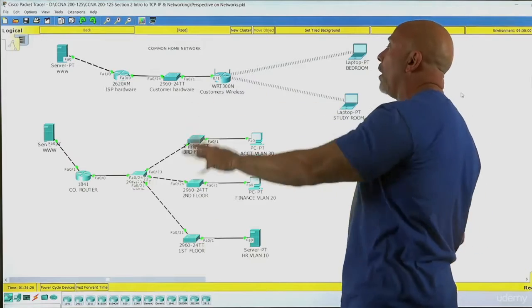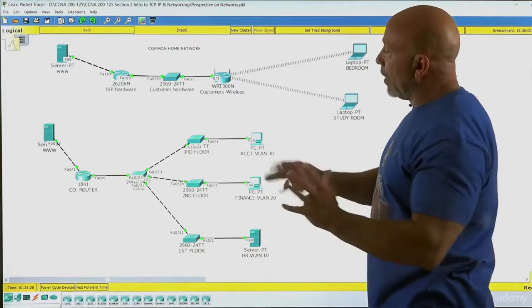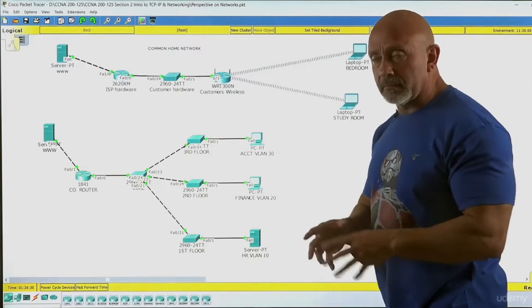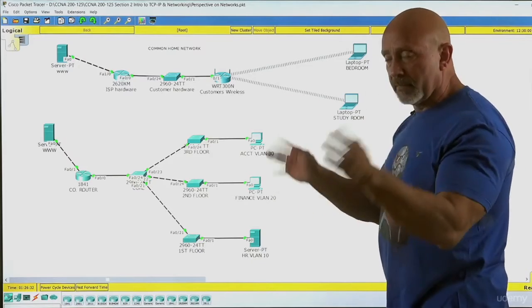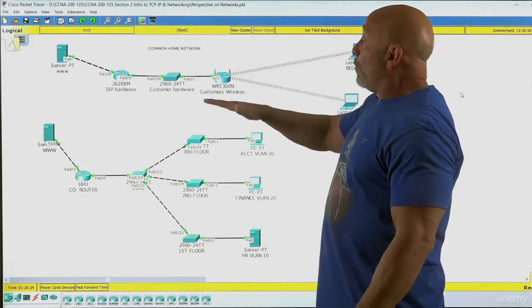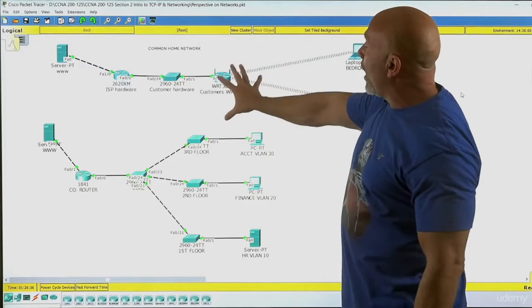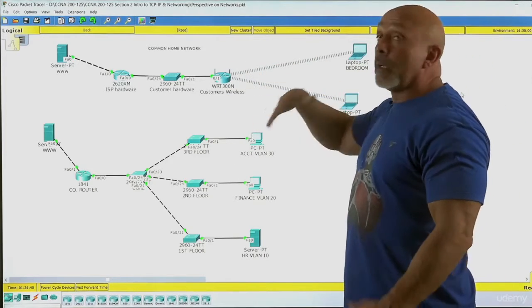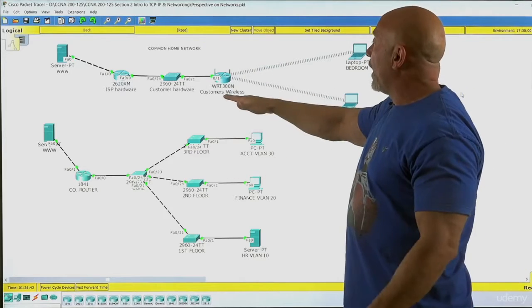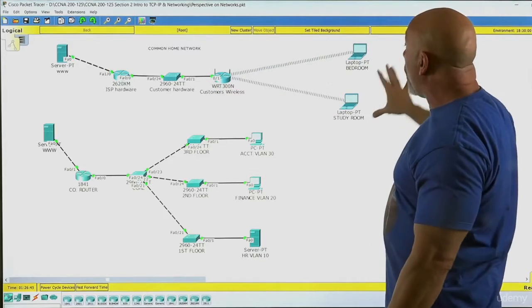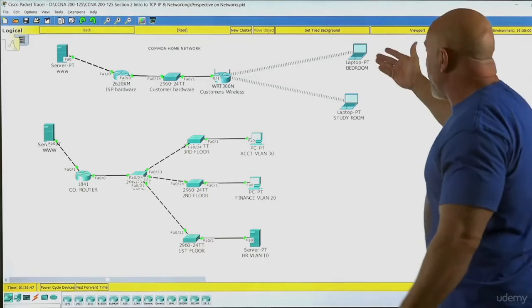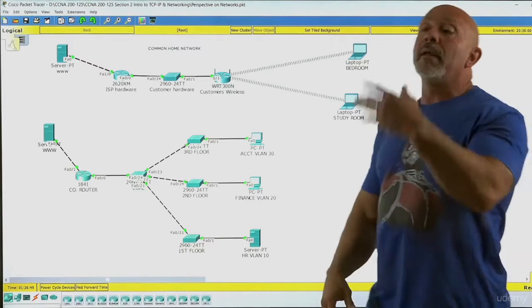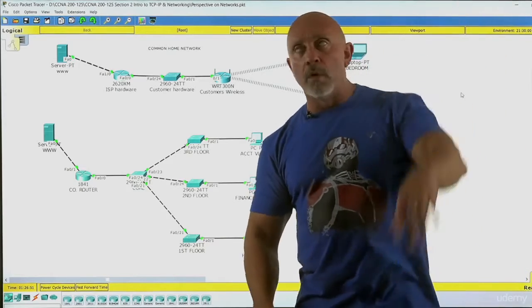Here you will see a home network. Obviously, I don't have a Comcast router or things like that. So basically, what do we have here? We have a wireless router, like a Linksys type router, or a D-Link or whoever, that's giving wireless connectivity in your bedroom, in your study room, in the family room, by the pool, wherever you're at,